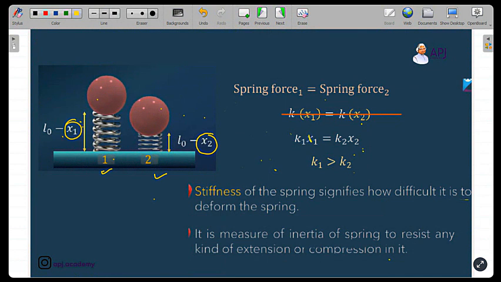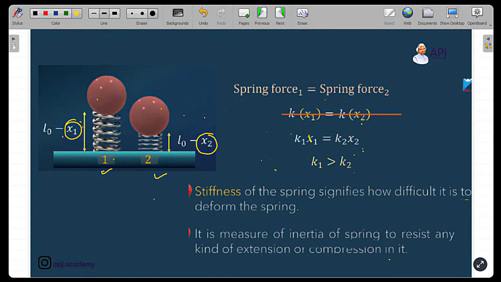अगर आप देख पा रहे हो डायग्राम के अंदर कि कंप्रेशन तो दोनों में अलग अलग है, you can clearly see that the compression in the spring 2 is more than spring 1. This you can clearly see. Despite this observation, if I am saying that both the springs are applying the same spring force, ठीक है, ये ऑब्जर्वेशन के बावजूद भी मैं कह रहा हूं कि दोनों स्प्रिंग्स ने, स्प्रिंग 1 एंड 2, despite this observation that they have different compressions, अलग अलग स्तर पे वो दबी, स्प्रिंग 2 ज्यादा दबी, स्प्रिंग 1 कम दबी, ठीक है, उसके बाद भी मैं कह रहा हूं कि स्प्रिंग फोर्स बराबर लगा रही है दोनों।